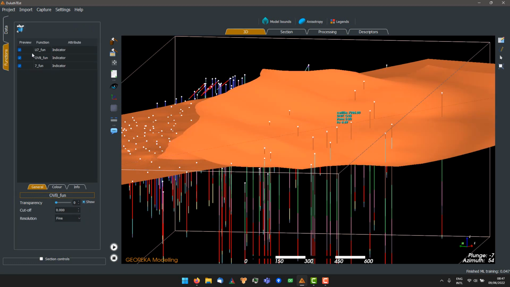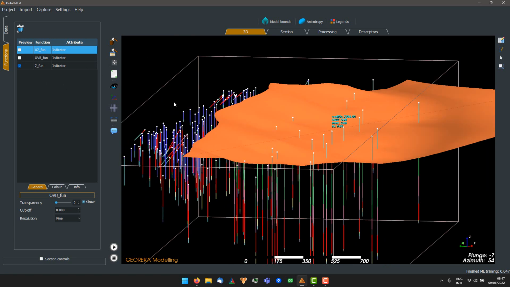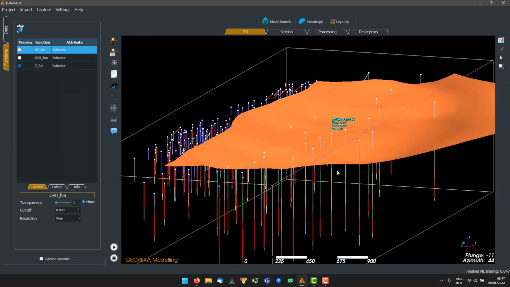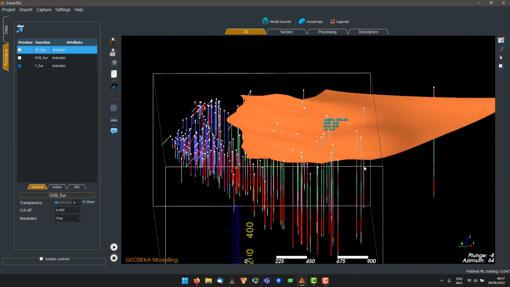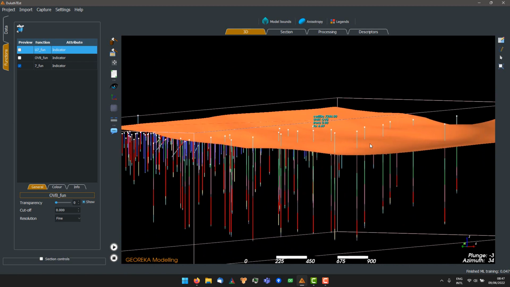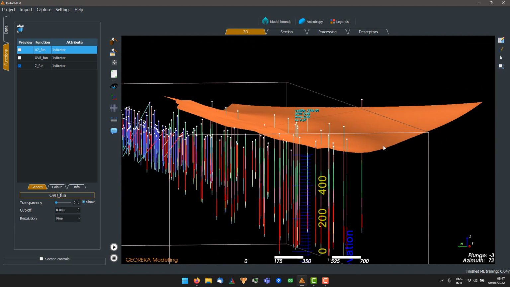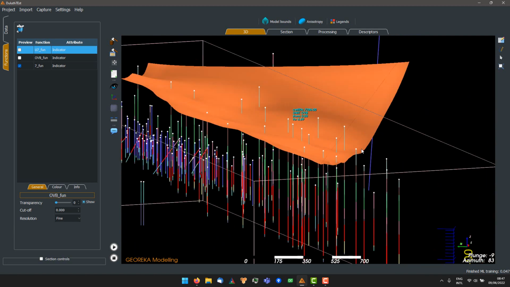And so now we had our original unit 7 function here, so let's turn that one off, and the overburden. So now we get a function that's actually fairly flat. So this is more like a sedimentary type boundary, if you want to call it that. As you can see, ignoring the overburden